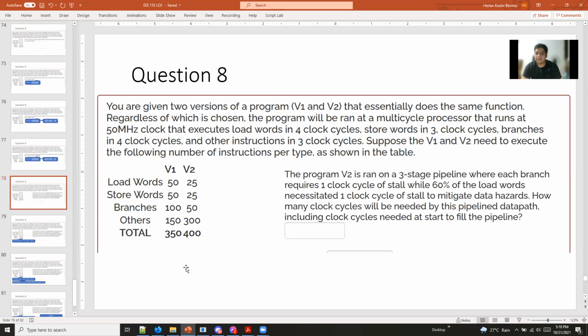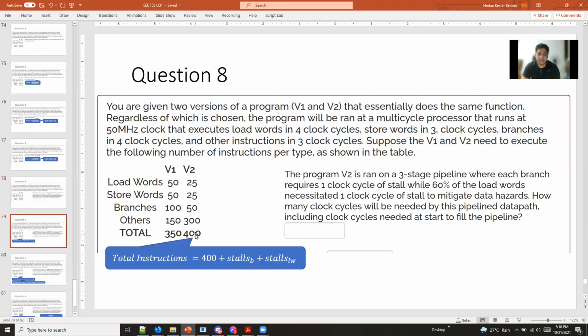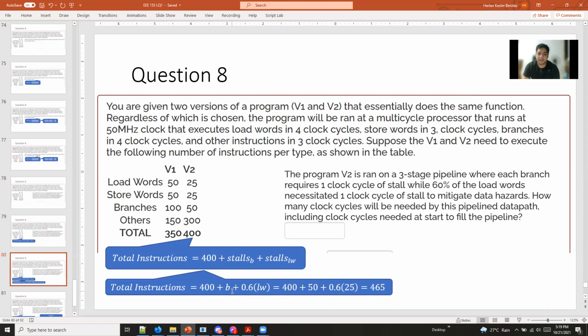So, ang total number of instructions natin pag pipeline is yun na rin yung total number of cycles. So, ang total number of instructions natin is 400 and idadagdag na lang natin yung para sa stall. So, yung stall for the branch at saka stall for the load word. So, yung stall for the branch is equal lang siya dun sa number of branches. And then yung stall for the load word is 0.6 times yung sa load word. So, 400 plus yung branches, which is 50, plus 60% ng load words, which is 25, we have a total